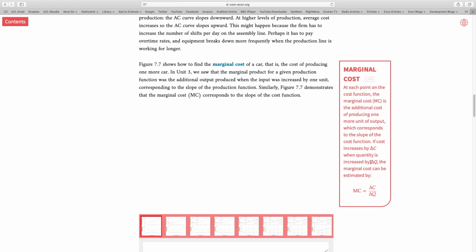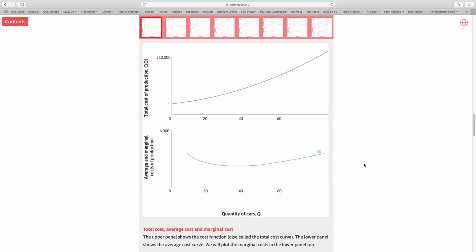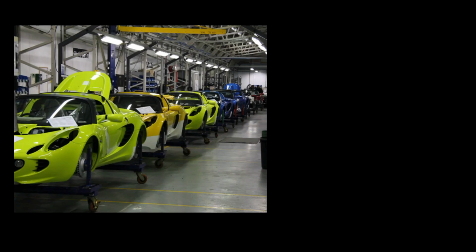So let me scroll down and introduce another concept, and that is called the marginal cost. Marginal cost is the cost of producing one more car. Now you might ask, who in reality thinks about this concept? Does Beautiful Cars think about the cost of producing one more car? Perhaps not. But when they are making a decision about whether to expand their business or not, Beautiful Cars think about the cost of this expansion, how much this expansion adds to our costs. So in reality, businesses do use this concept at the back of their mind. Now let's go back to our assembly line.